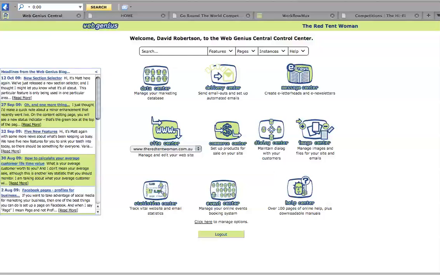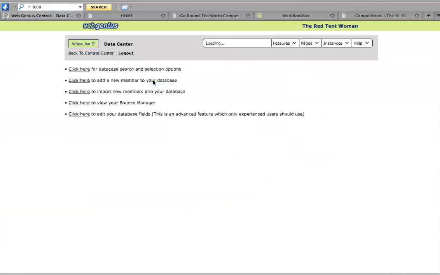An overview of Data Center. We're going to have a look at the features of Data Center. Click on the module. We'll start with the link at the very bottom of the list, which is how we set up our database